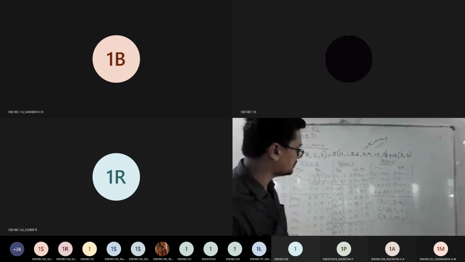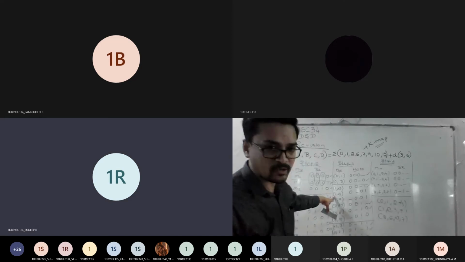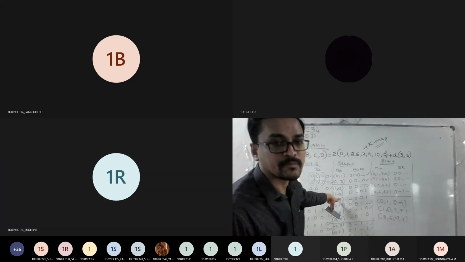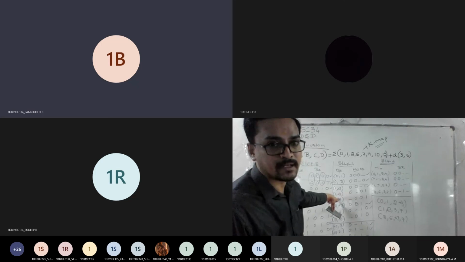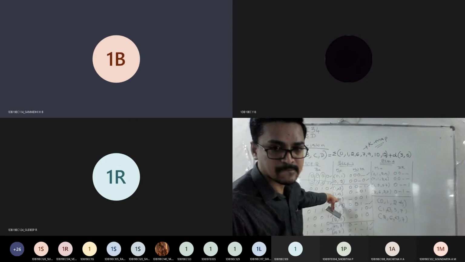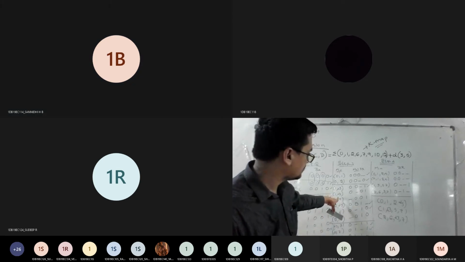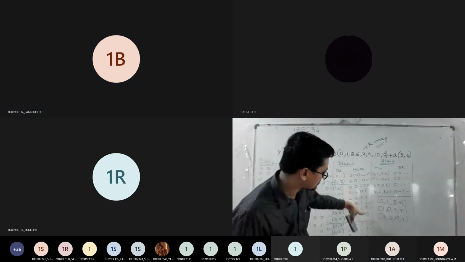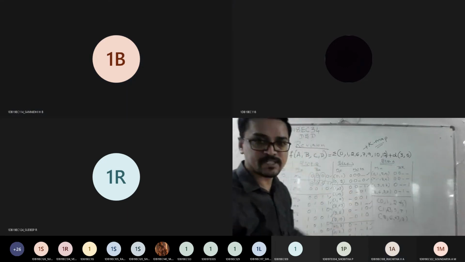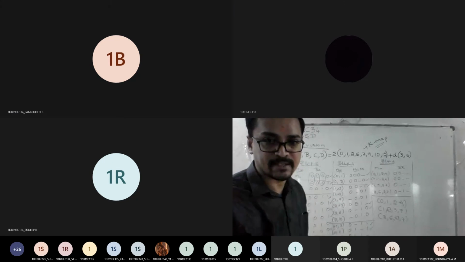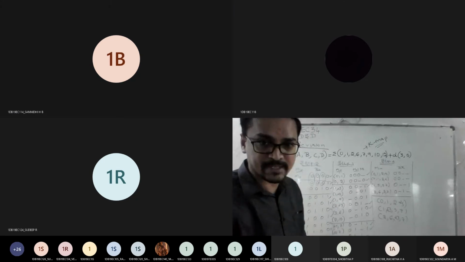Tell me how many are there now? So I can't take 1 and 5, can I? Sir, 1 and 5 I can't take. Why? Don't care. See, the left out tick marks are these, right? So from this we should pick in such a way that don't care should not be there. That is what the condition says in Quine-McCluskey. Agree?